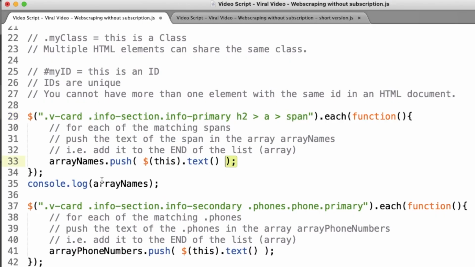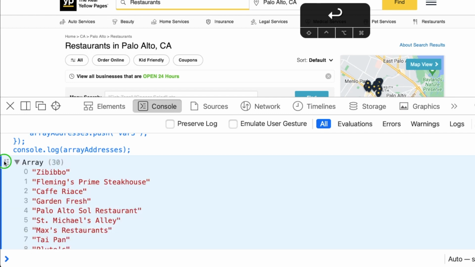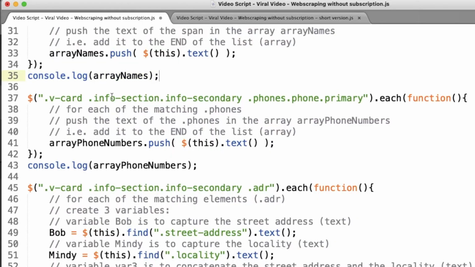Now we close off our query and we run a console.log function to print out the list called array names in the console. This means all the names of the restaurants that were found using this very specific query. And it's exactly the same process for the array phone numbers.